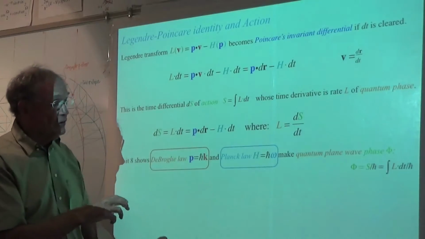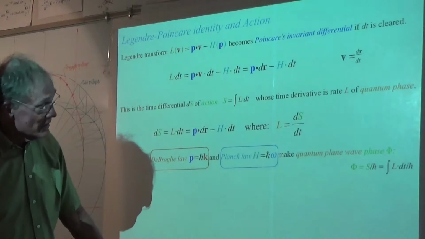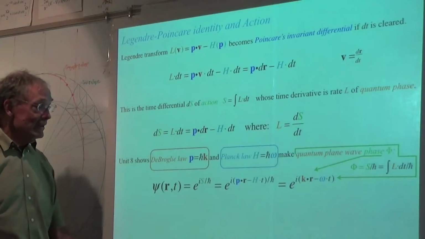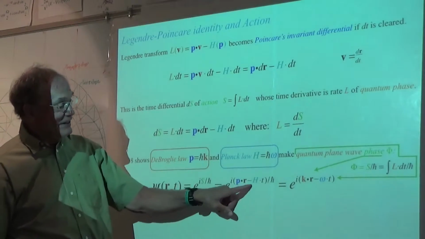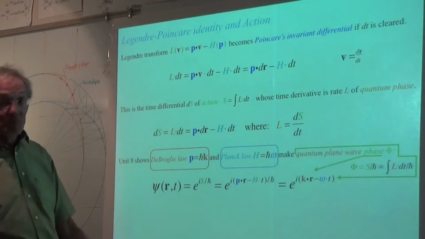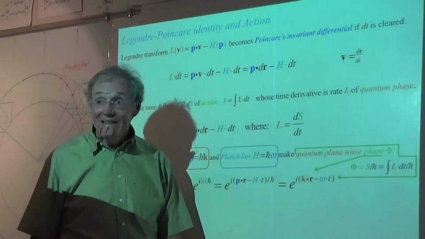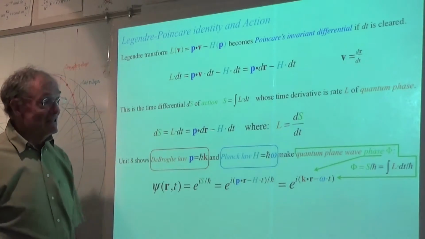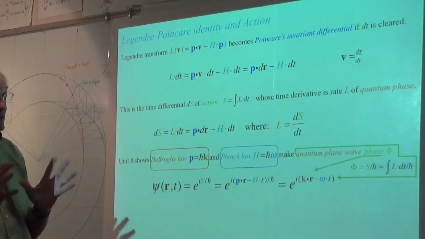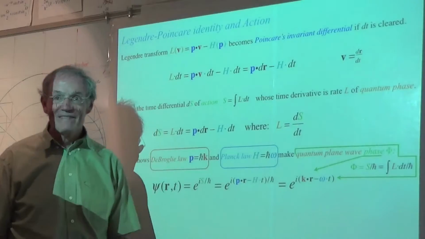And those are the things that kind of tell you what this is. What is this quantity here? This quantity is the phase of a wave function. Yeah, it's a plane wave. This is k dot r minus omega t. It's a traveling plane wave. And in quantum mechanics, we like to keep the phase. Okay, so